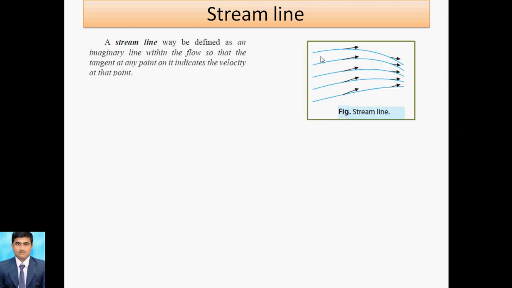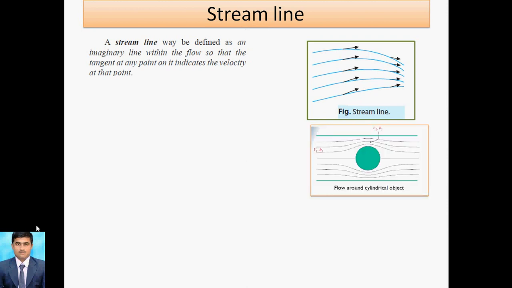Now we move to the streamline. A streamline is nothing but an imaginary line, or you can say imaginary flow, such that the tangent at a point indicates the velocity. That means suppose a tracing line is there, and if you take a tangent, that denotes the velocity; that is called a streamline. So whenever the tangent is drawn on imaginary lines within the flow, that is called a streamline. Here the cylindrical flow object is there, and here we can observe the streamlines. In the equation for three-dimensional form, dx by u is equal to dy by v is equal to dz by w. So with the tangent format, we can write it in that flow direction,